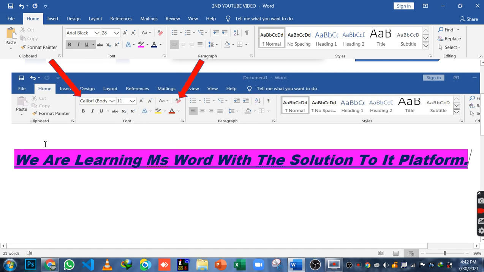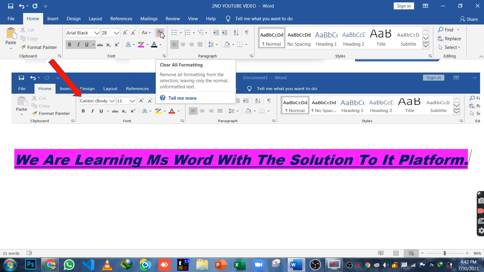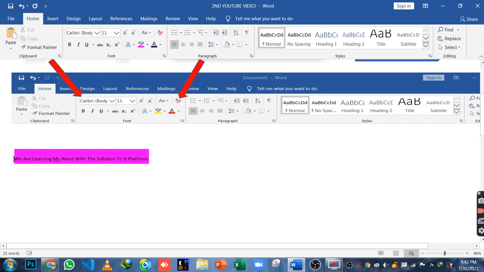But now if you want to clear all your formatting, meaning you have to remove all the formatting you have applied, you will just click on clear all formatting. So guys, you have seen all the formatting we applied is removed.